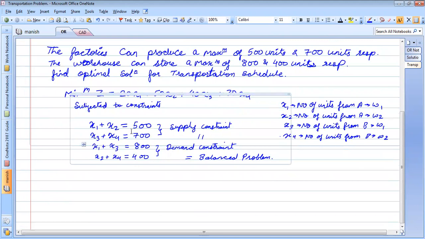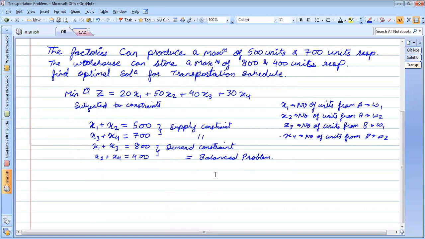Since these are all equalities, we will add artificial variables A1, A2, A3, A4, isn't it? That means we have 4 variables here and 4 artificial variables, 8 variables to solve for the transportation problem. So how can this be easy?